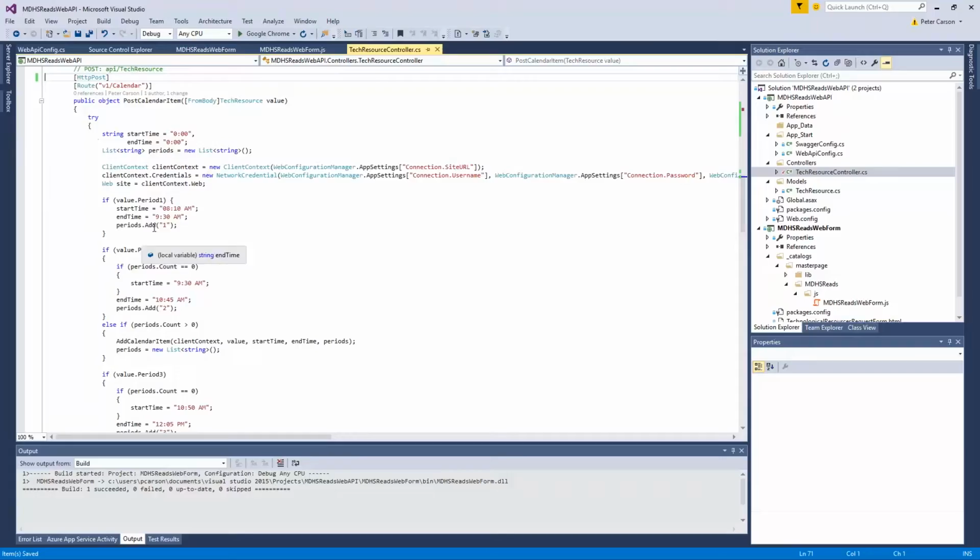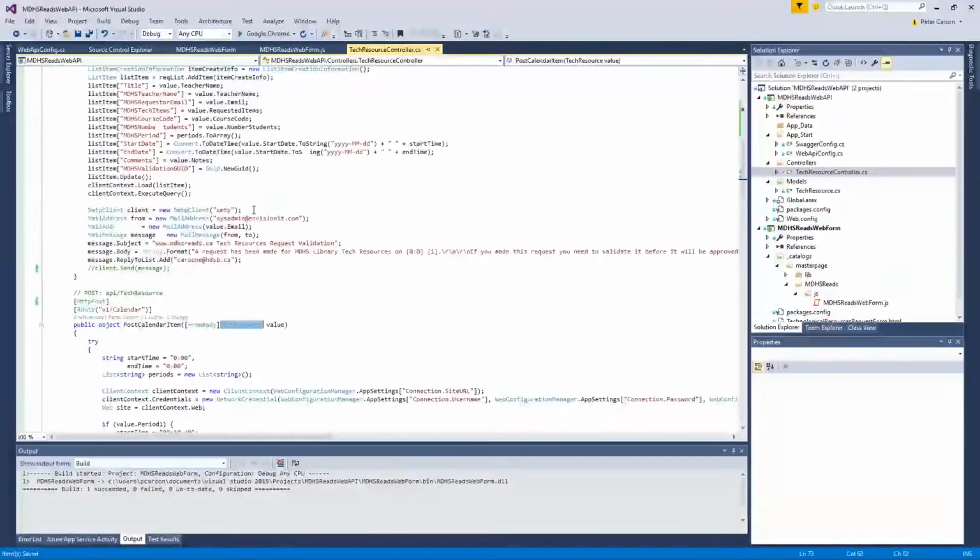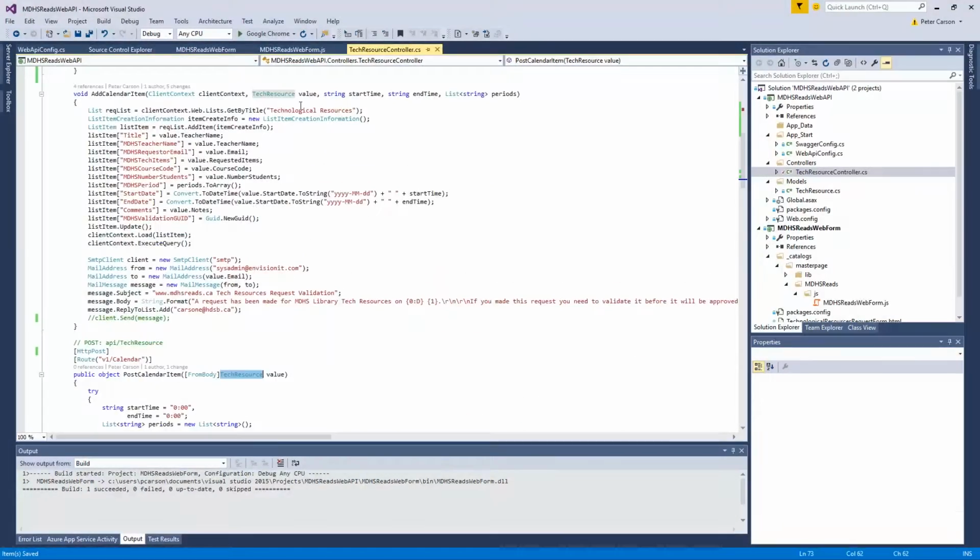So let me flip over to Visual Studio for a minute here. I'm not going to go too deep into coding in this session. I just want to kind of illustrate concepts through here. Basically, what I've got is a web API project here. So I've got backend C# code here. Like if I want to do a post of a new calendar item, it's going to call this post method. Actually, I was doing some edits here. Let me take that